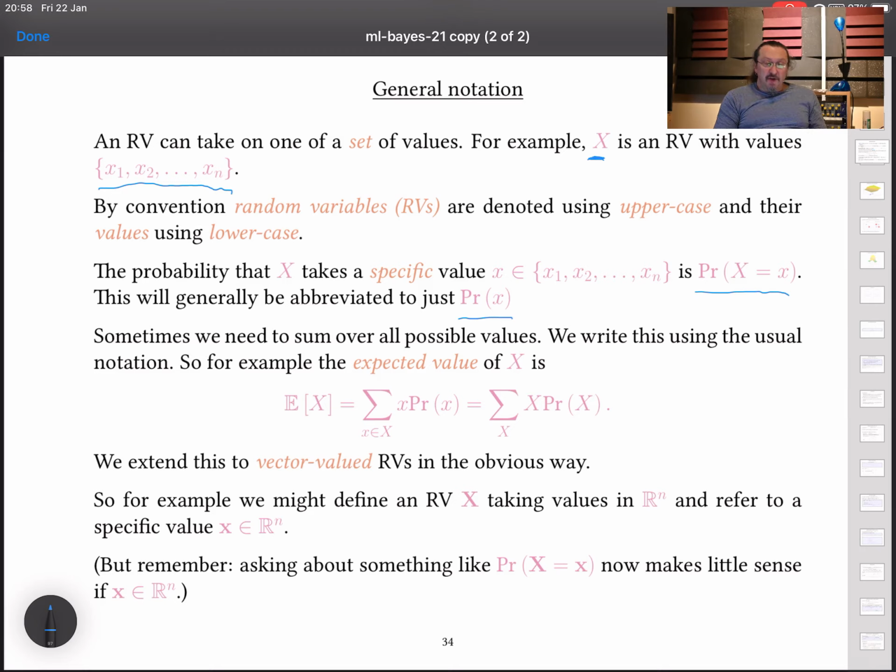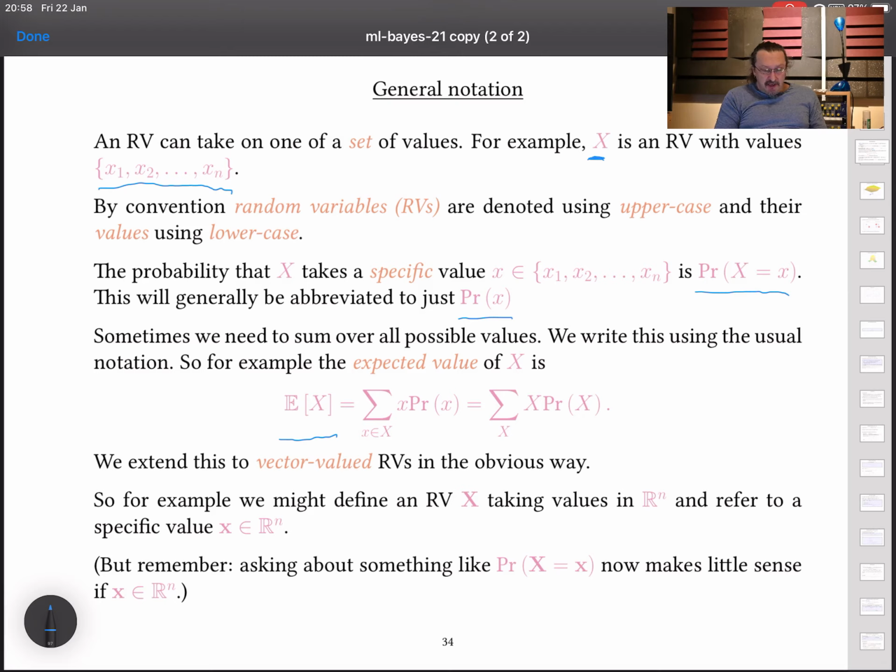The expected value has its usual form. Okay, the expected value of the random variable. In this case, I'm only talking about discrete random variables here. We will have continuous ones as well, but really the hint with this slide is, once again, if you've forgotten this kind of notation, go and remind yourself about it.